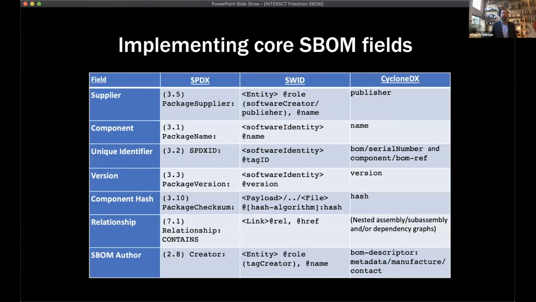And in fact, here are the core SBOM fields that I talked about, which is, again, just trying to do this in a very basic fashion. Here's the supplier, the component, some unique identifier, the version, a hash, the relationship, and also the author, which is, where did this SBOM data come from? Did it come from the supplier? Did it come from further upstream? Did it come from a third-party source composition analysis expert? We want to make sure that we have some sort of way of tracking the source of this data.